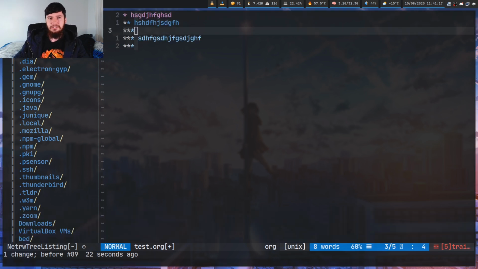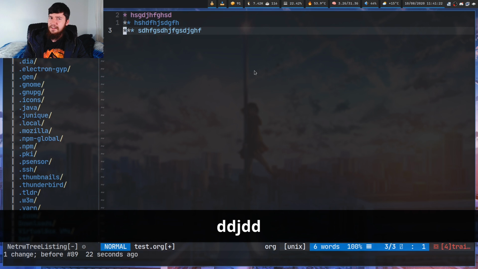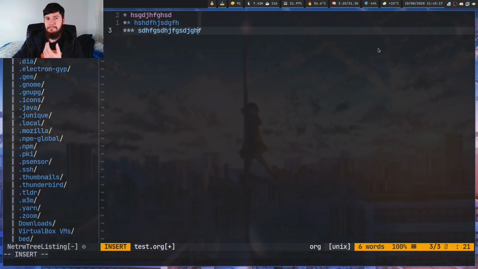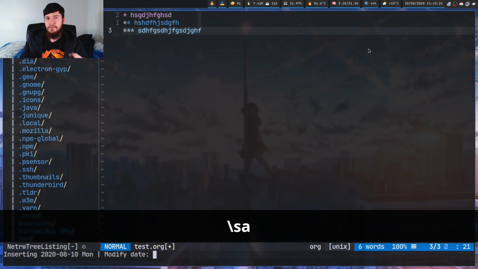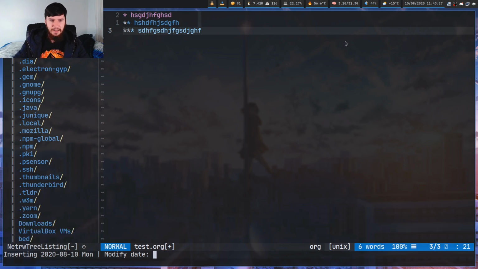So another thing that is useful about org mode is being able to really easily insert dates. So dates aren't actually being used properly in this, but I'll get a bit more into that a bit later. For now, let's actually go and insert a new date. So if I do local leader sa, that will then prompt us to enter a date. Now, by default, it's going to try to insert whatever today's date is, but we can actually go and modify that. So let's just say we want to set it to like